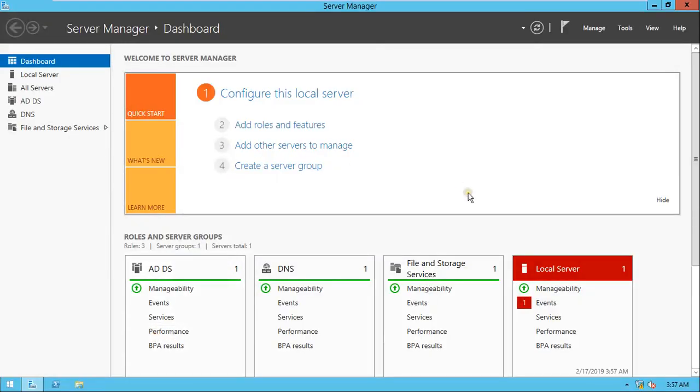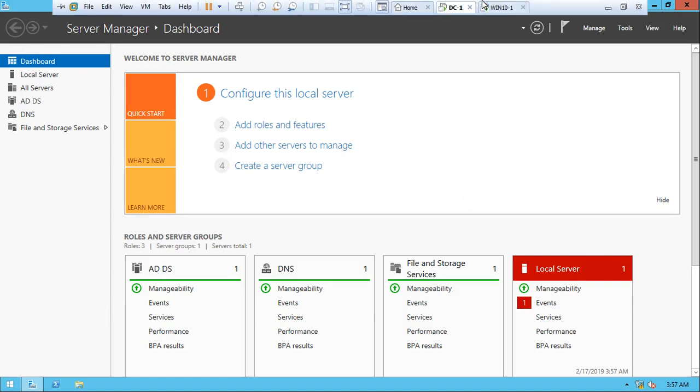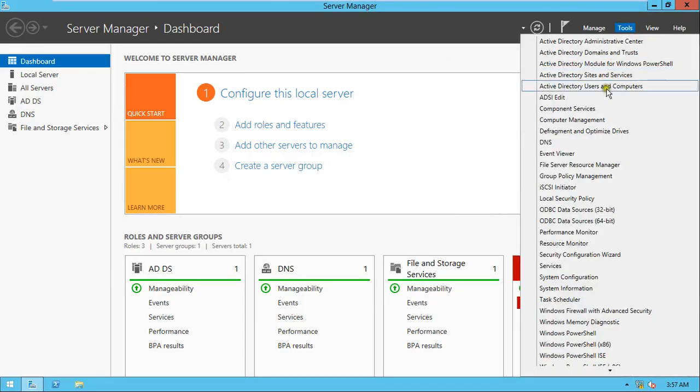Okay, so here we will be working with account lockout policy. What is account lockout policy? Account lockout policy says that whenever any user, let's just come here to this computer on server, let's verify our users first.